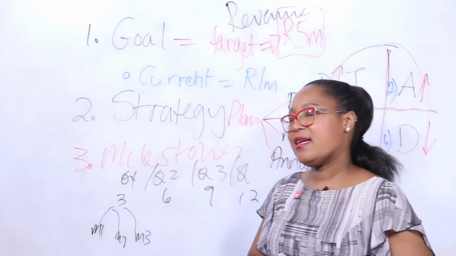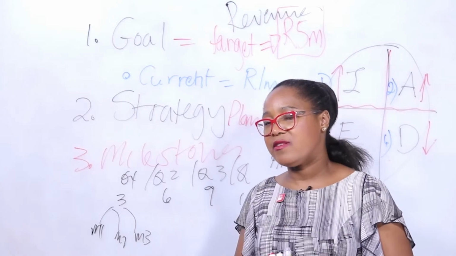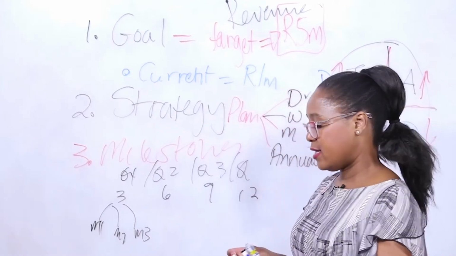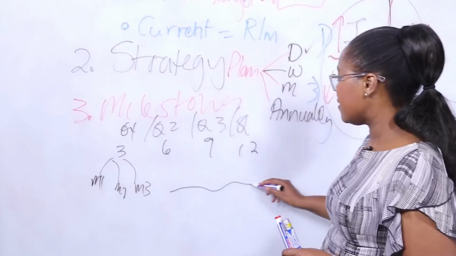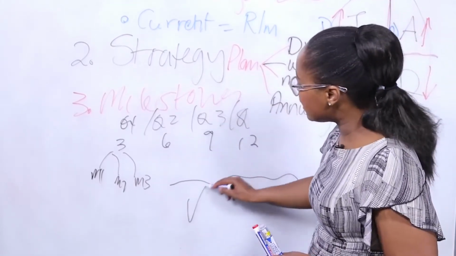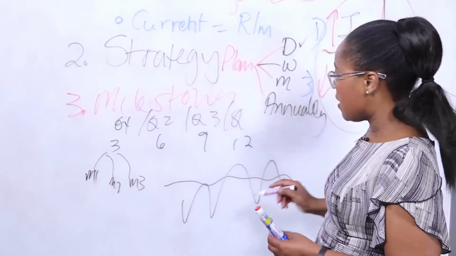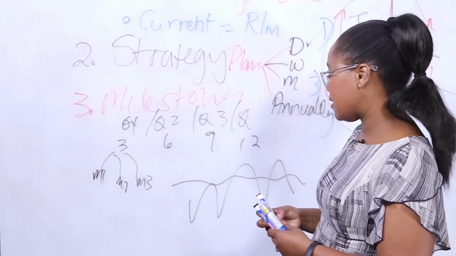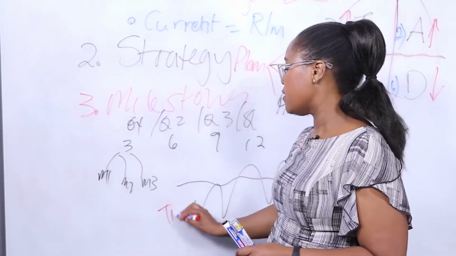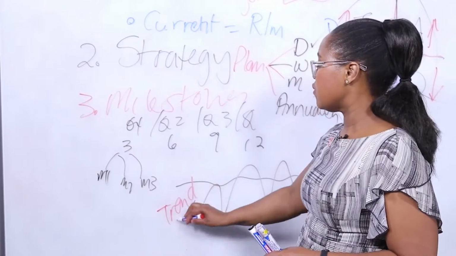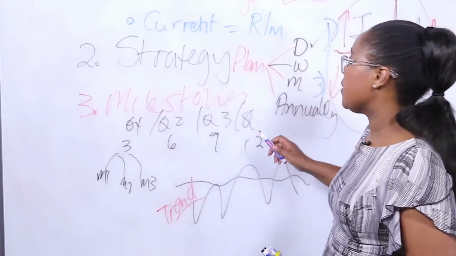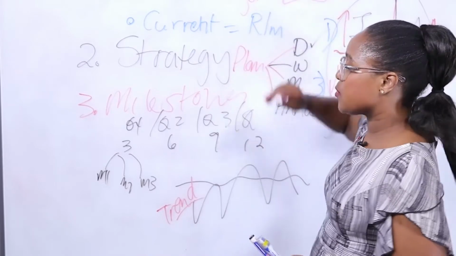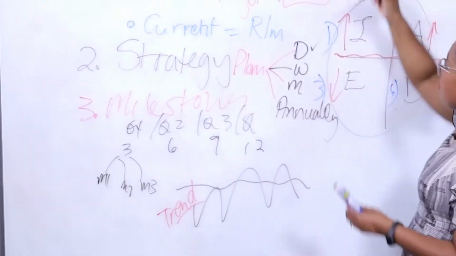I don't like that approach because in most instances you find that your graph in the business is not necessarily straight. It usually digs up like this. But the reason why it digs up like this is because of the trends. So I will suggest that you rather still use the quarterly, but when you are setting up your sales projection, build them up